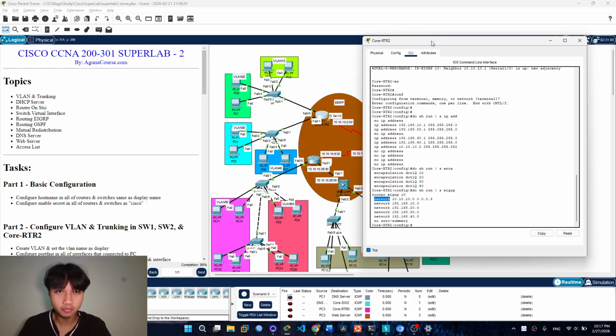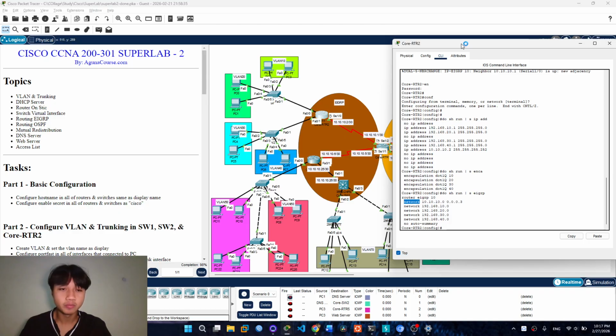For example, we have 10.10.10.2/30, which means a /30 has two hosts. And then the network from the block subnet 1 of /30 is 10.10.10.0, and set the wildcard of /30, which is 0.0.0.3, and then